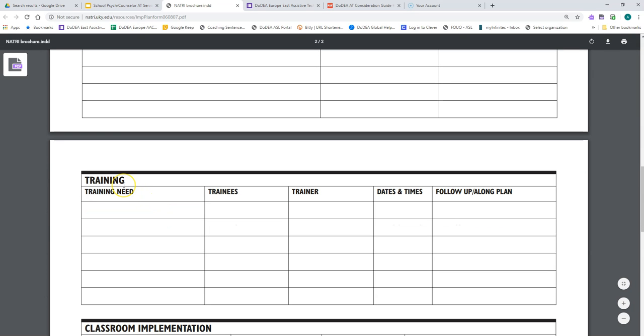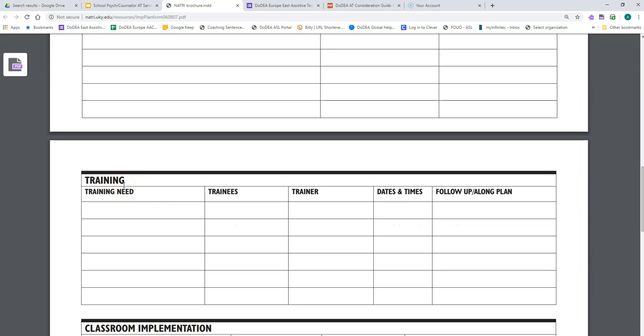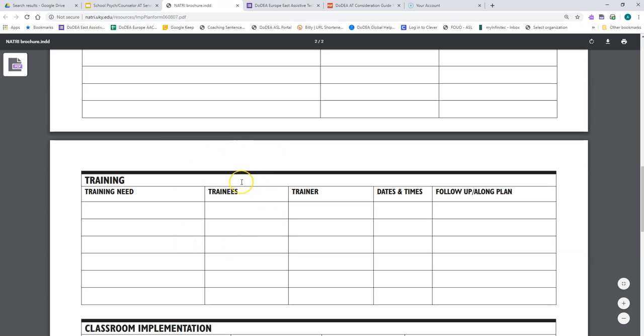What kind of training is needed for this accommodation to be effectively implemented? And then who's going to provide that training? Is there somebody locally? Can it be a YouTube video? Is there an online training module? Are we calling somebody in? But let's address what is it that the student or the staff needs to learn, and then who is going